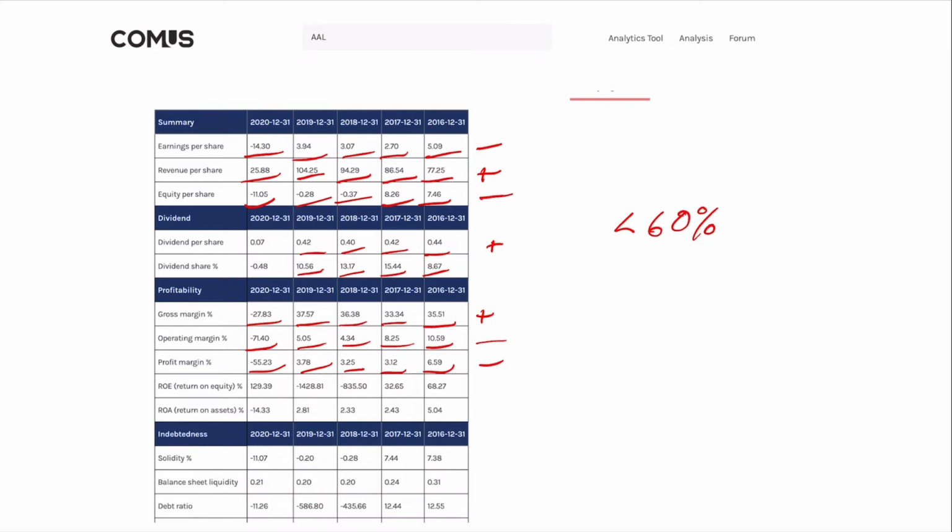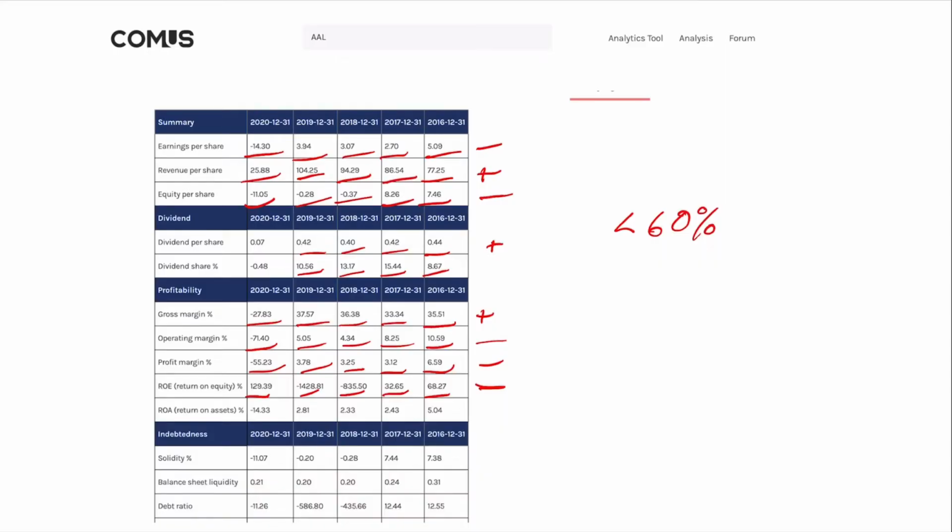Now, return on equity went from 68% up to 129%, and a bit of fluctuation. We fell off 1 year, 2 years, 3 years, so a bit of fluctuation. This is negative. I don't like this at all, even though we did a great number the last year, but I want to see stability, a clear trend. But here we fell off a couple of years and then did a 1 year number. So we have to ask ourselves, is this sustainable? Return on equity tells you as an investor about the company's ability to create a return on the equity. Are they able to create a return on the capital you're about to invest in them? You have to ask yourself that. So that is a negative.